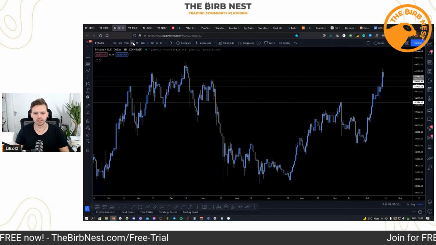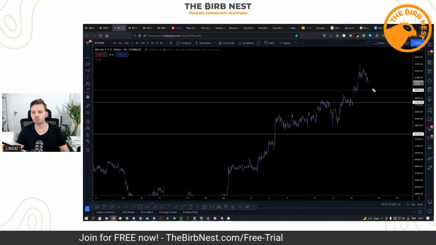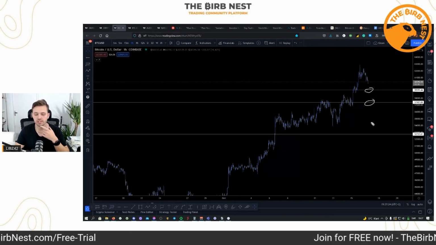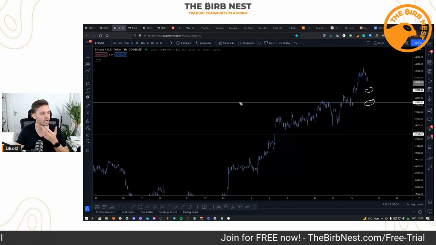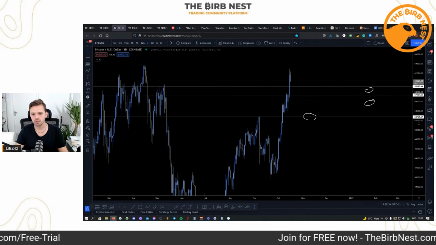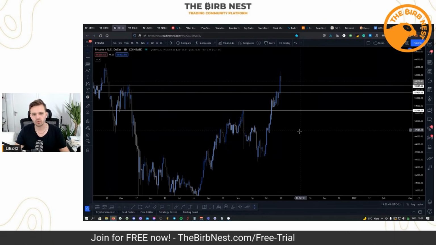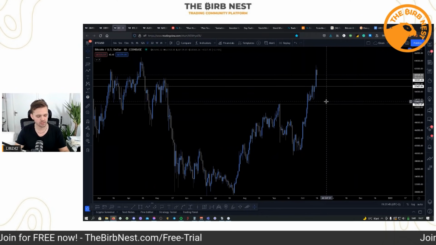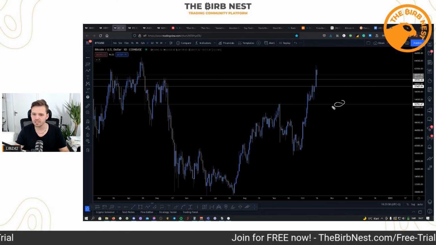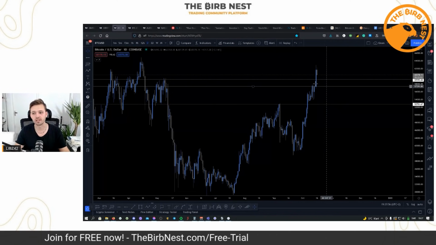So we could look at the 1 hour once again, and we could say that if we bounce here, we would still be in a bullish market structure. If we bounce here, we would still be in a bullish market structure on the 1 hour. If we bounce here, we would still be in a very bullish market structure on the daily, right? So where do I want to potentially short? Well, if we break this level on the daily, maybe we want to start looking at shorts. But right now, the market structure and the whole market is extremely